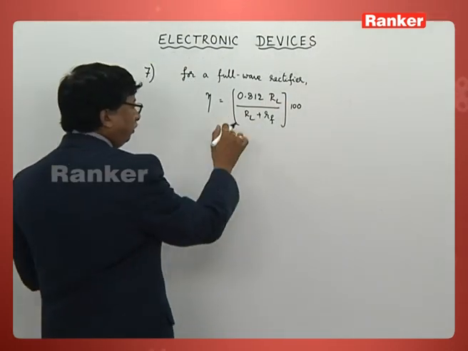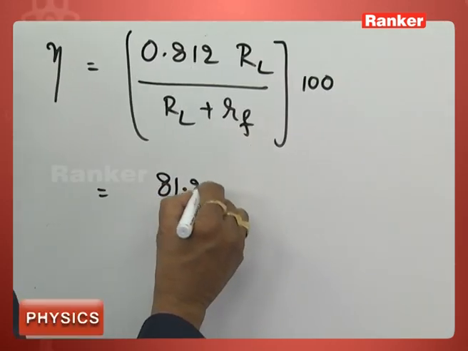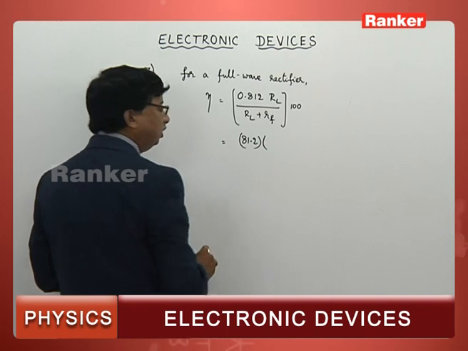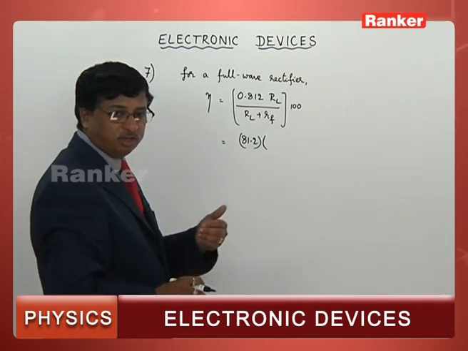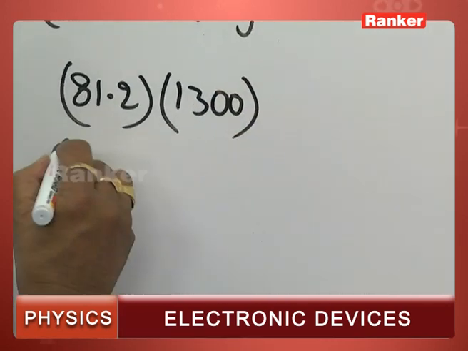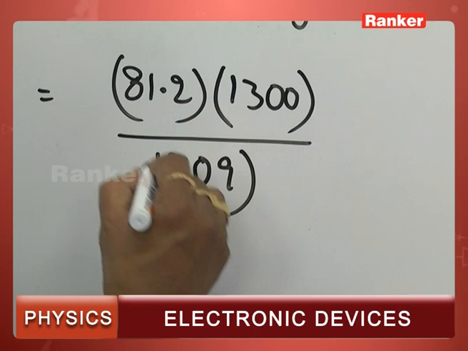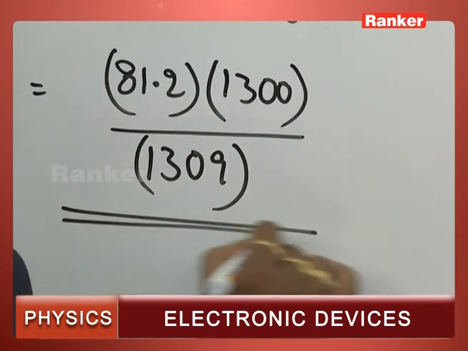That is percentage of efficiency. I am writing this, of course, can be taken 81.2 into load resistance mentioned in this problem is 1300 ohm divided by 1309, we can take up as that is the value of RF